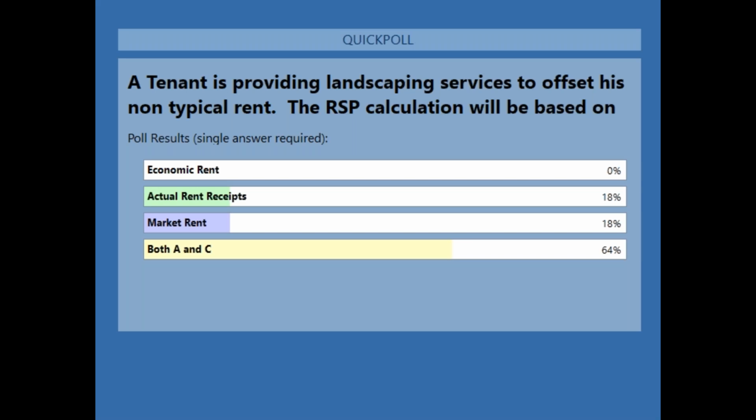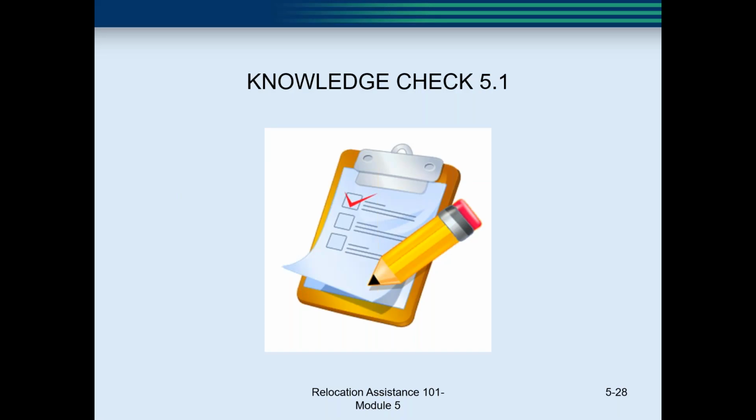This one's kind of tricky. It's both A and C because remember, economic rent and market rent are the same thing. It's just, you know, two different titles for the economic rent and the market rent. Remember,